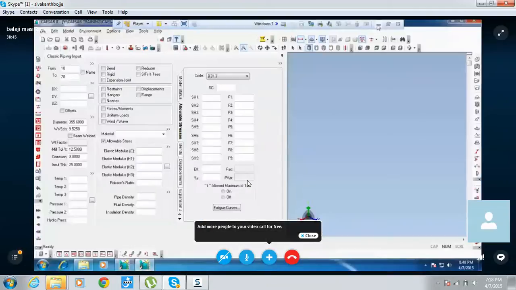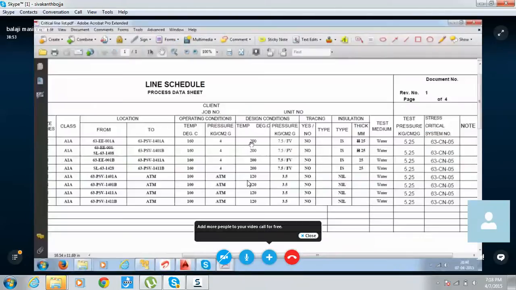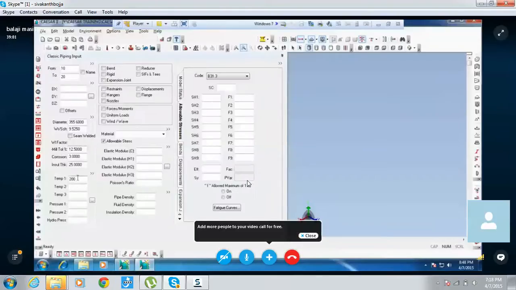And temperature we have to enter. We'll take temperature as this is maximum is 200 degrees centigrade. Correct. So we'll take that one. Yes. Okay. 200. And operating temperature will consider as 150, for example. And the pressure